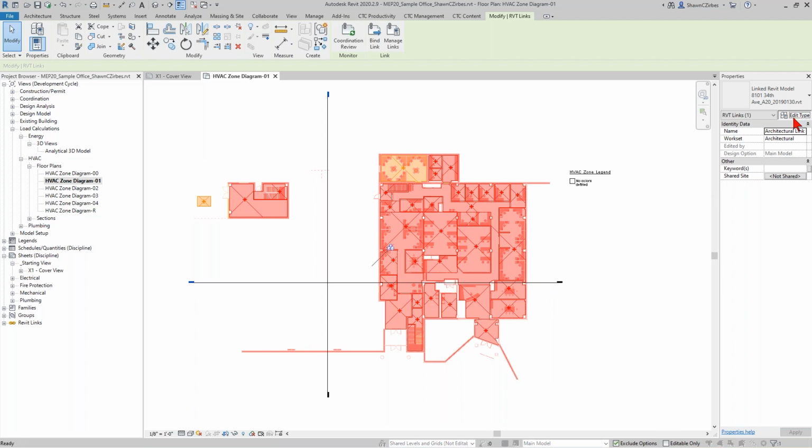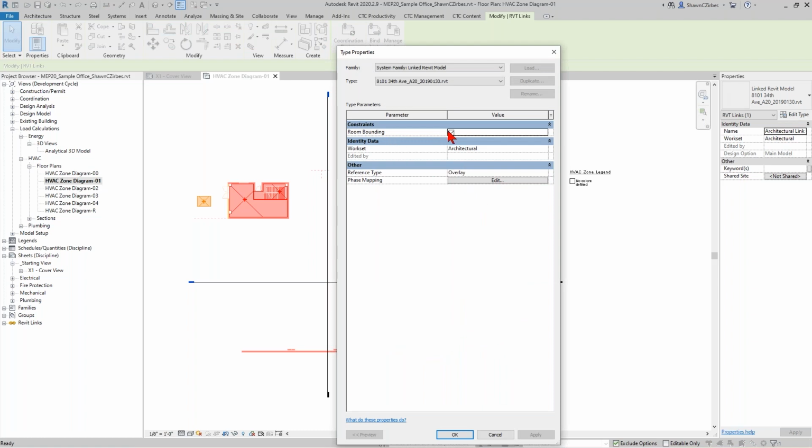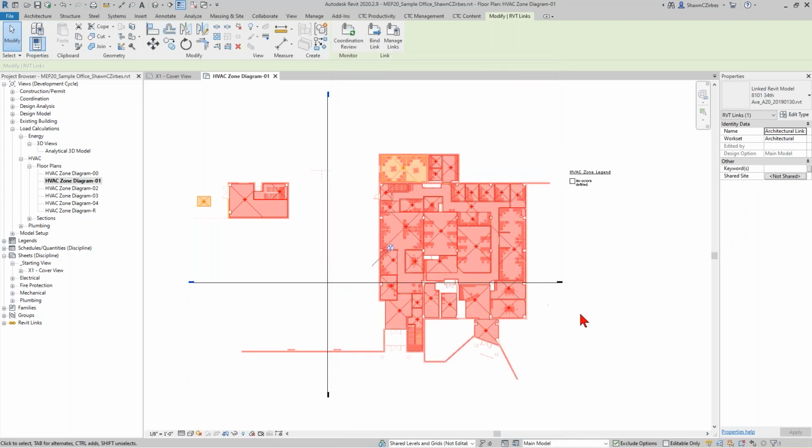And in the type definition of this particular link, it's already set to be room bounding. The architectural shell model, the AS model, also is set in the exact same fashion. This also is set already on a work set for this type definition, and it's matching the work set for the instance over here. All of this is already preset so that you don't have to worry about any of this at all when you first go in here for this spaces sort of dropping in